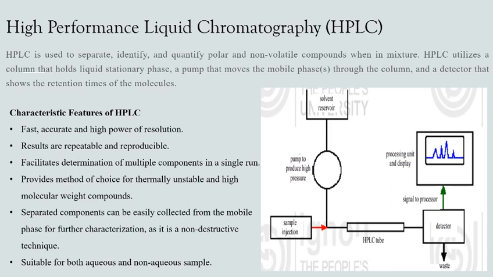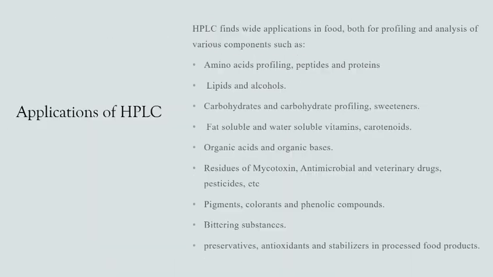Results are repeatable and reproducible. They facilitate determination of multiple components in a single run. They provide method of choice for thermally unstable and high molecular weight compounds. And the separated compounds can be easily collected from the mobile phase for further characterization, and it is a non-destructive technique. HPLC finds wide applications in food, both for profiling and analysis of various components such as amino acid profiling,